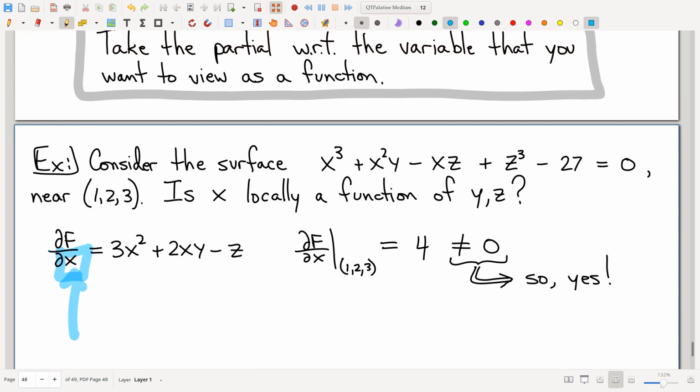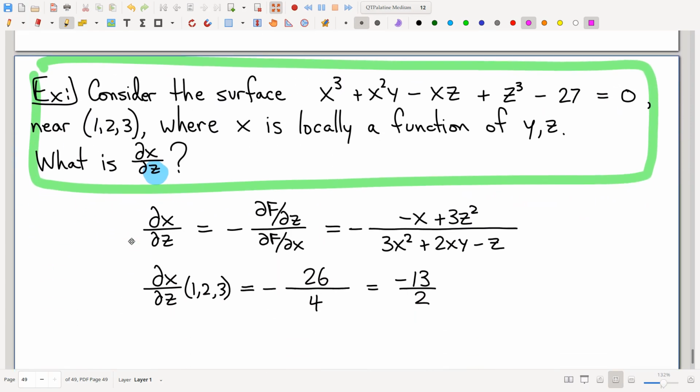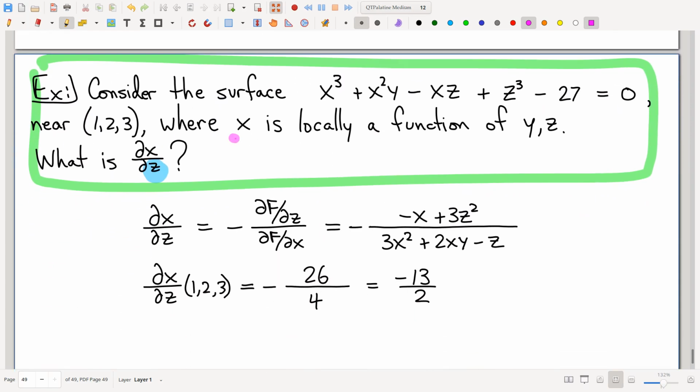Nope, it's an x partial, not a z partial. So it's confusing, right? There's two different stages of the question. The first phase of the question is to address whether x is a function. And it's because of needing to establish that I have to take the partial with respect to x, right? But then subsequently, when I've already established that x is a function,